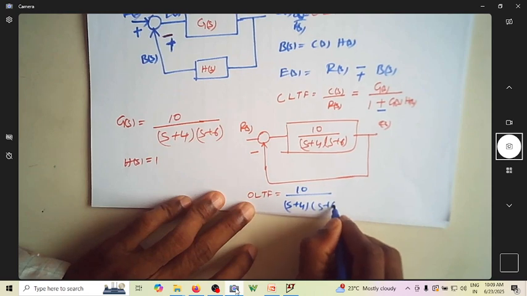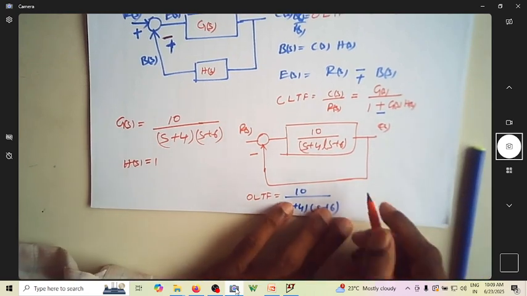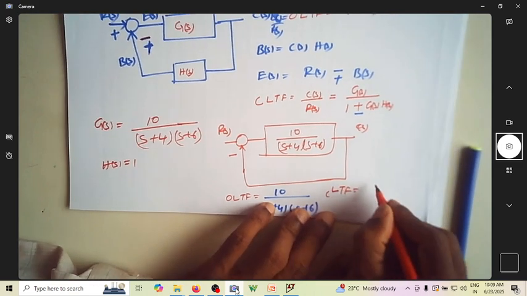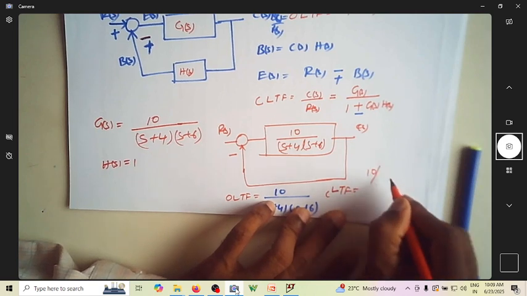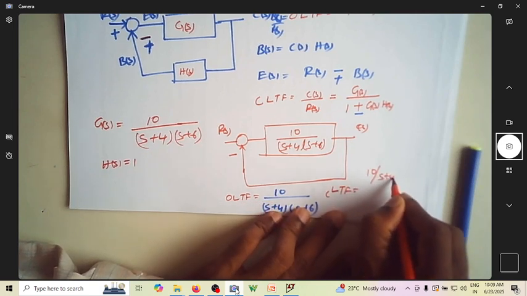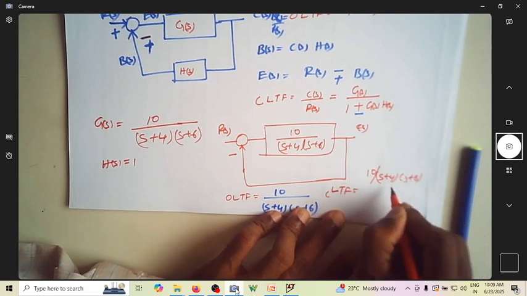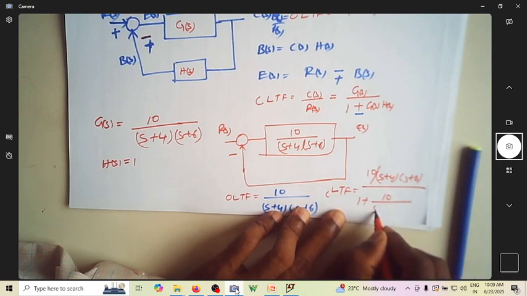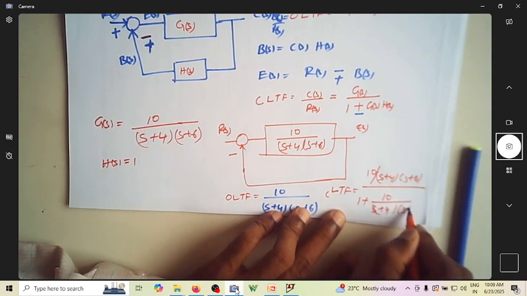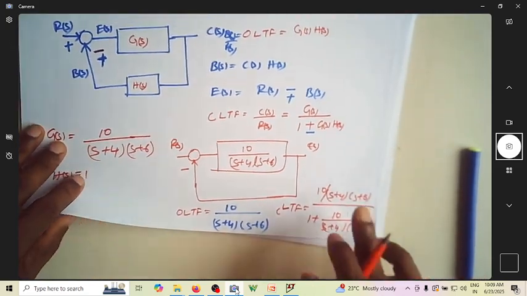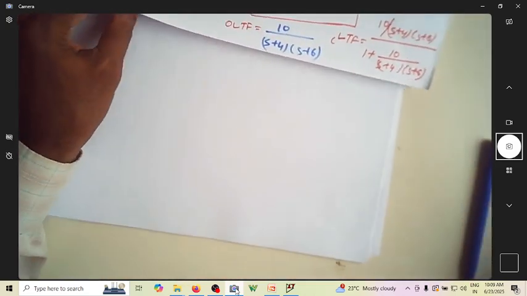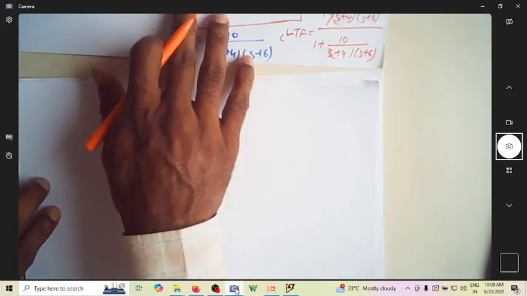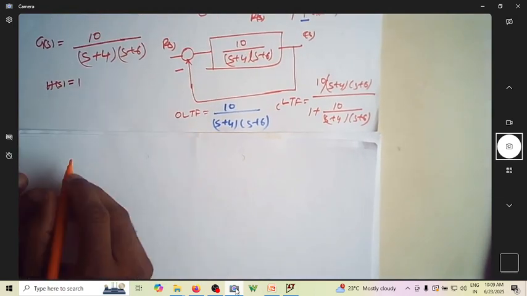And the closed loop transfer function is given by 10 divided by s plus 4 into s plus 6, whole divided by 1 plus 10 by s plus 4 into s plus 6. Upon simplifying this, the closed loop transfer function reduces to,